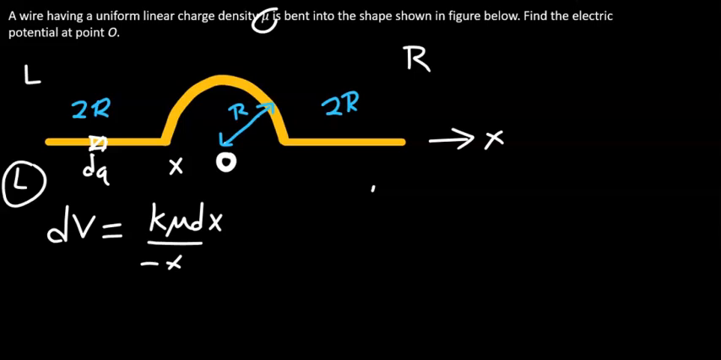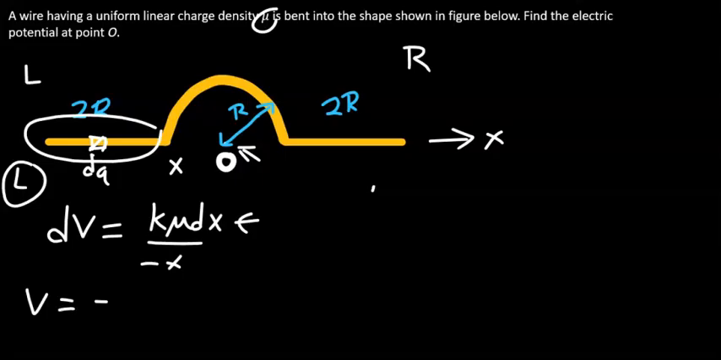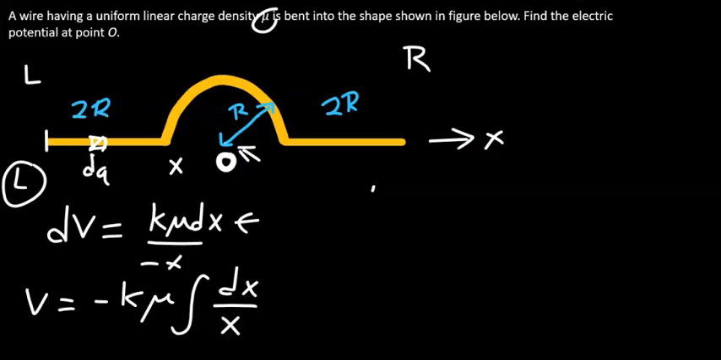In order to determine the total potential that this entire segment creates at the origin, we need to integrate the above result with respect to x. So it's going to be minus k mu. K and mu are constants, so you can take that out, dx over x. As you move from here to there, the limits of integration, namely the lower limit and upper limit for x,